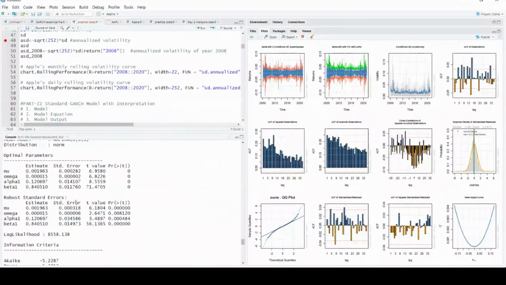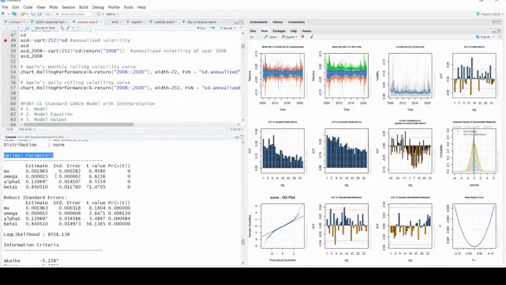See, robust standard error, if you see, this is again the similar kind of thing. This is optimal parameters and this is the robust standard errors. Basically the software is further refining it. This is RSC, this is further refined, but more or less it is same. If you see the parameter values, this is same. The standard error is also a little bit different, but it is more or less same. So there is none of the difference between the optimal parameters and the robust standard errors.